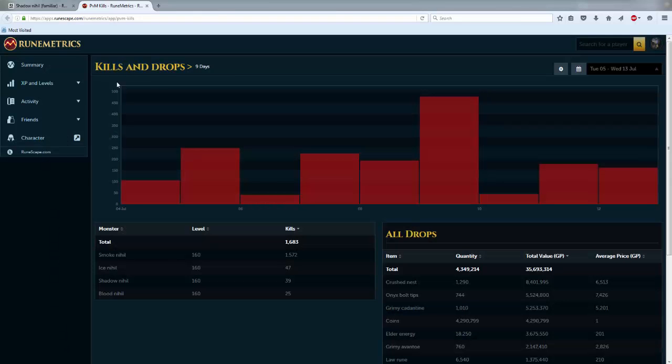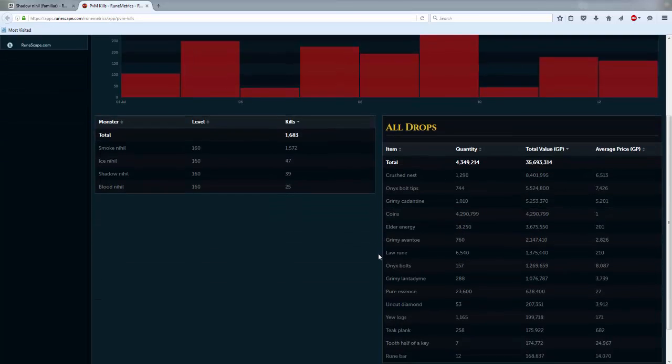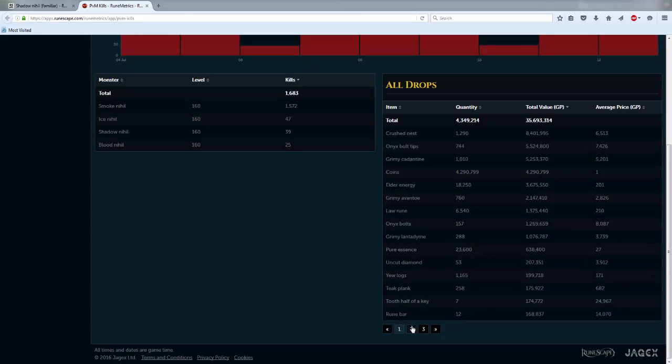So to start off, I should explain, for those who don't know, Nihils are a monster you can kill after the Fate of the Gods quest. It's a boss during it, and then afterwards you can choose to summon them for either Slayer or just killing them. And the main drop that you are going after is the summoning ingredient for the Nihil pouches, which are